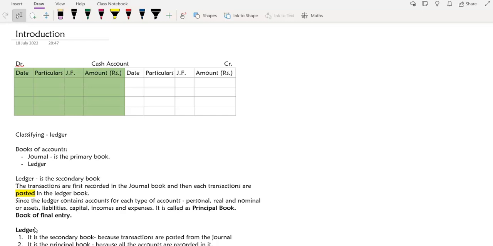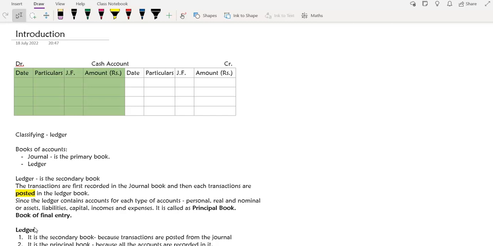Today we are going to study about ledger balances. I'm not going to teach you how to prepare the ledger, but I'm going to explain the interpretation of what we do when we are seeing the ledger balances. But still, I'm going to give you a brief introduction about the ledger, and then we'll move on to the balances, because the balances is something that is used universally whether you are in 11th class or in 12th class.